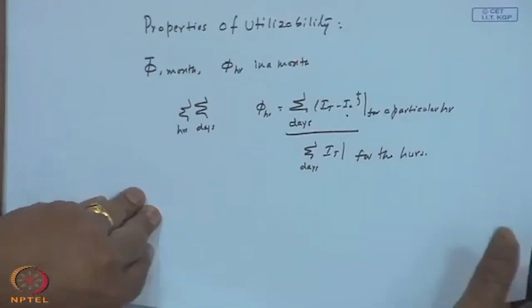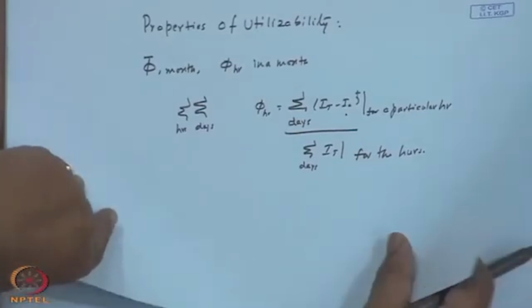This has a bearing on my clearness index distributions, which we discussed a long time back, and again I will come back to that, because if the monthly average clearness index on a daily basis or hourly basis is 0.7, 0.6, whatever, there will be days with a clearness index less than that number, and there will be days with a clearness index higher than that number. So, some of the days will be contributing to the energy, in other words, I t will be more than I c during certain hours, or during a part of the day, and that knowledge will help us in calculating